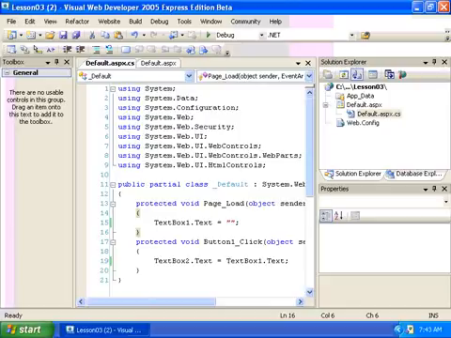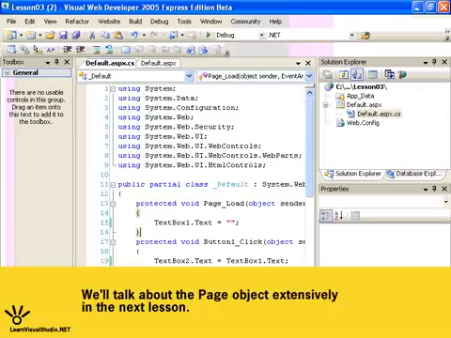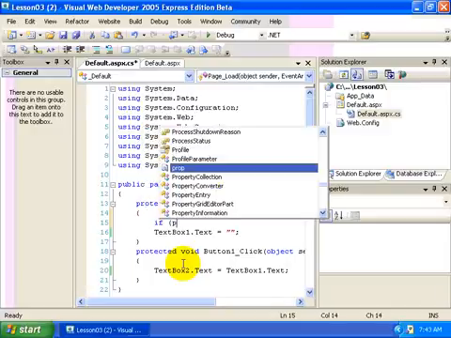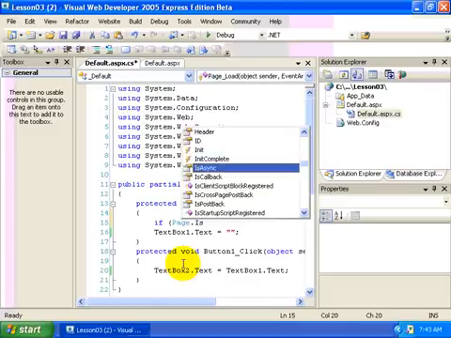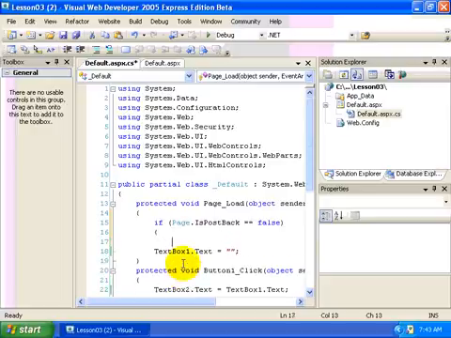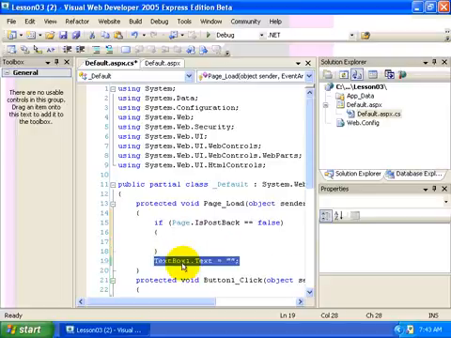The page object contains a bunch of useful properties and methods pertaining to the current request and response for the current page. So let's do this. Let's add some code to this example in our page load event. So here we'll go if page.isPostback equals false, then